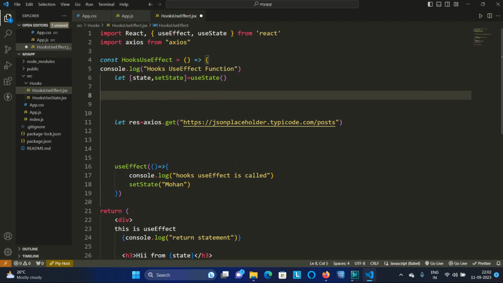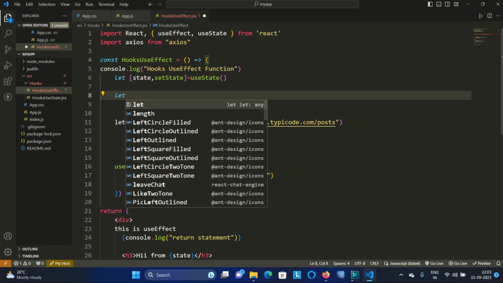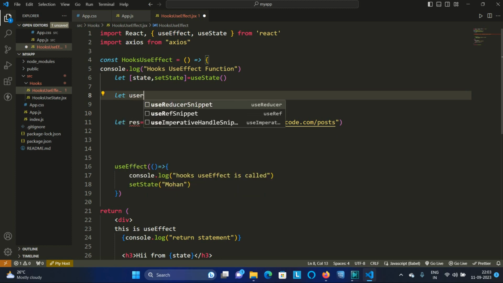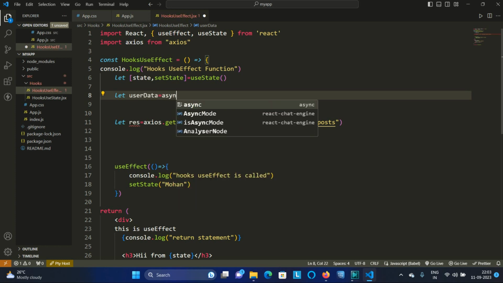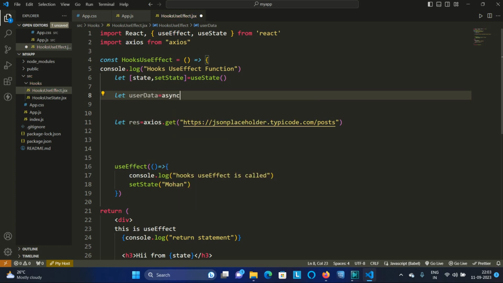So I will use an arrow function. Let user data is equal to an async arrow function, and